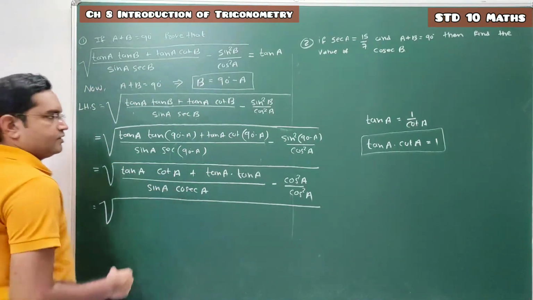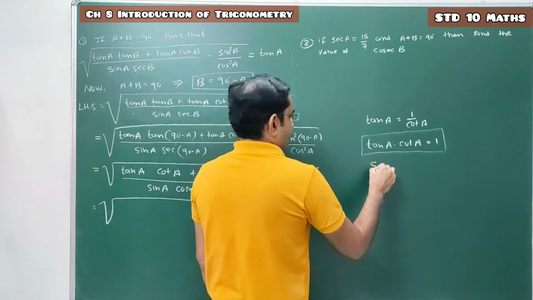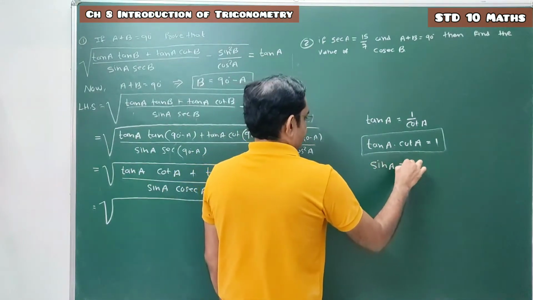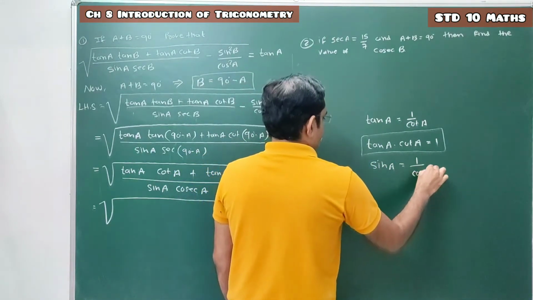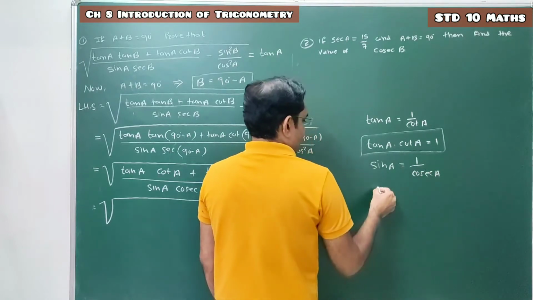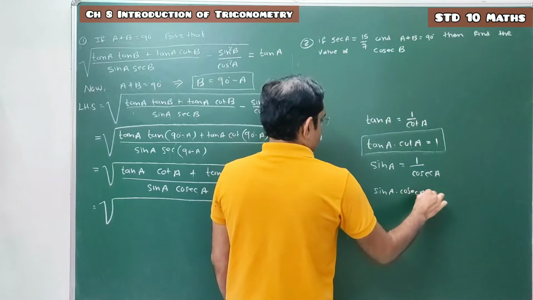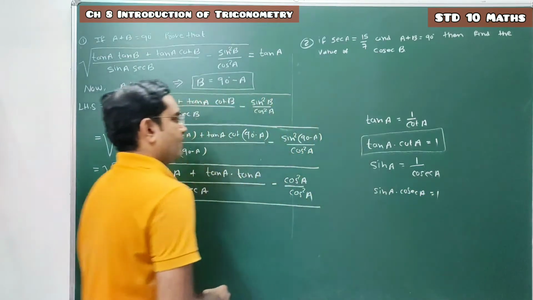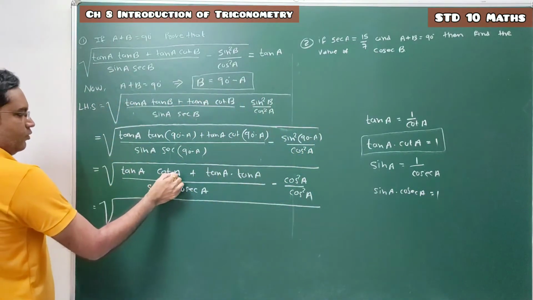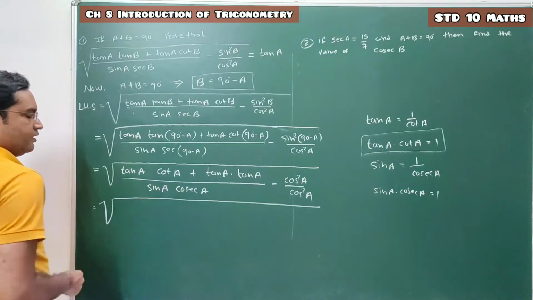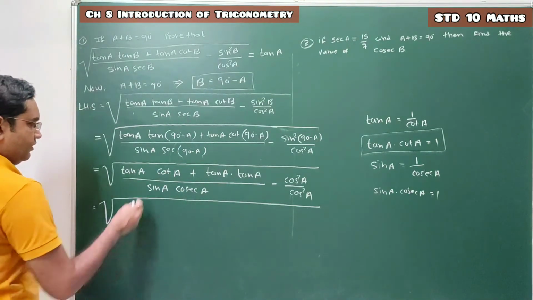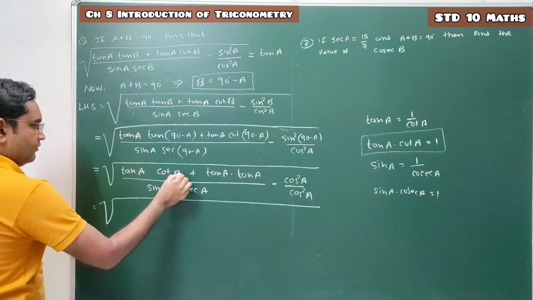Similarly, sin and cosec. Sine and cosec are reciprocal of each other. Sine A is the reciprocal of cosec A. So we can write sine A into cosec A equal to 1. So this tan A into cot A is 1 and this sin A into cosec A will be equal to 1. So this term is 1 plus